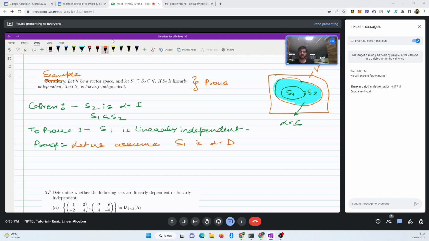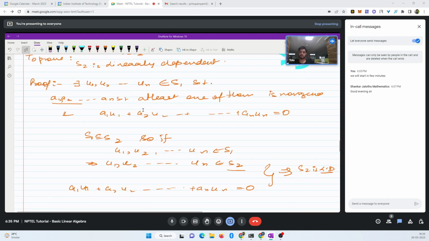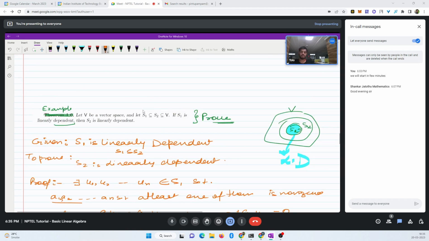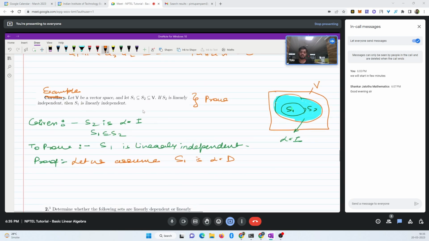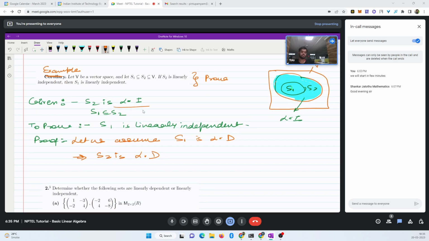Then by the previous theorem or the example, if S1 is linearly dependent, then this would imply that S2 is linearly dependent. But what are we given? That S2 is linearly independent. So this contradicts our given fact,